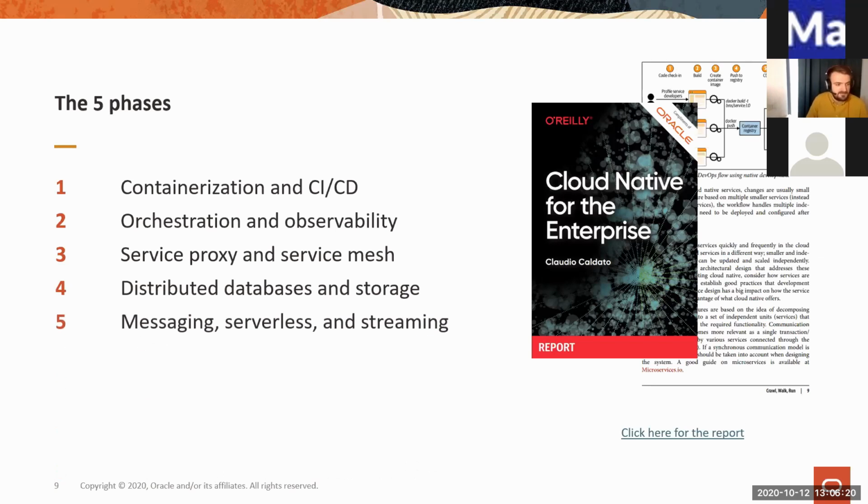And step number 5. Step number 5 is actually, if you ask me, a sort of "others" category, because there are a lot of things here. Things from best practices and how the cloud native patterns should be implemented depending on what your application requires, to different services like serverless, right? Which change the paradigm of what we discussed so far. So I highly encourage you to check this cloud native for the enterprise, because what we're going to see, and basically the application and the demo itself, is basically going to follow these 5 steps.